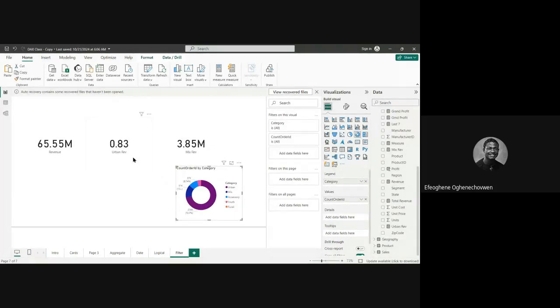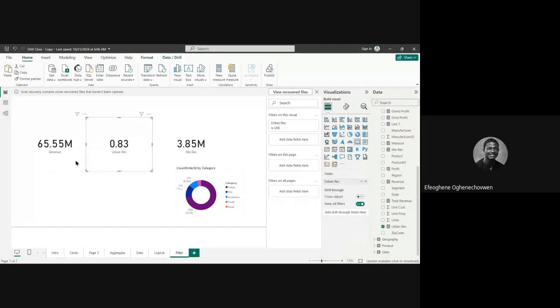So what was the question again? I've even forgotten. You're asking how I approach these card visuals, I believe, right? The percentages are